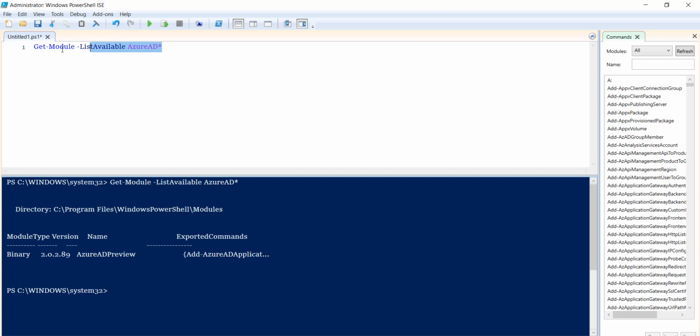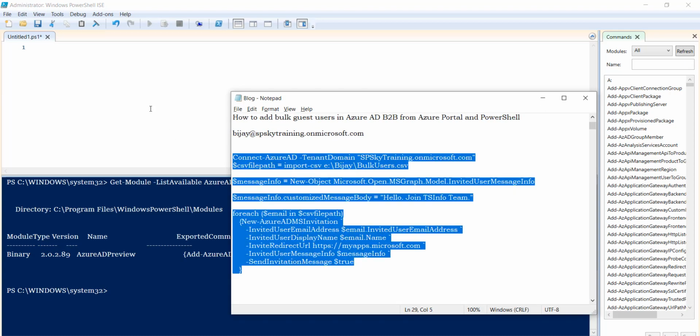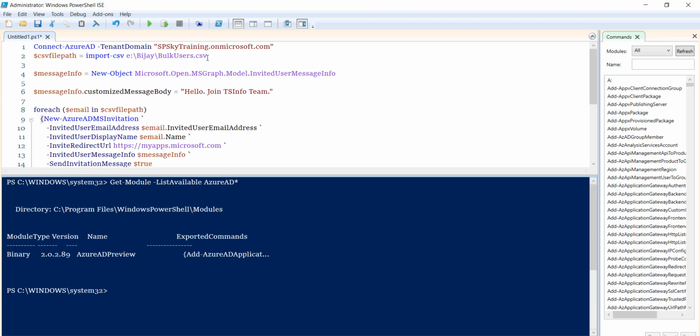If you don't have it, then you can just run this command: Install-Module AzureADPreview. Once you run this command, it will install it, and then you can run the script. So make sure you install this. And once you have done that, I will copy this script here,